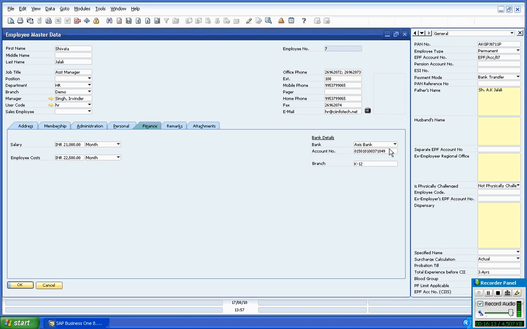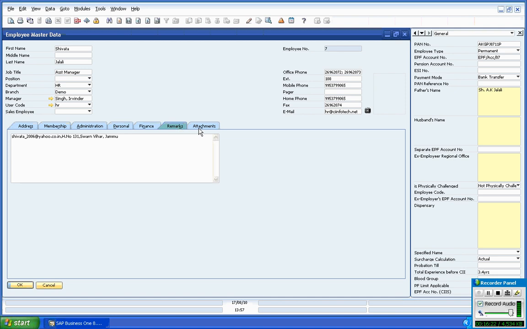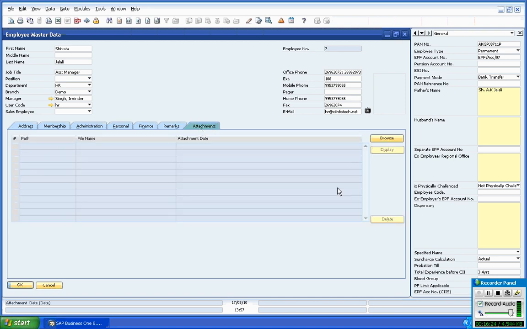The finances. Account number is required if this is a case of bank transfer. This will come on the slip. The remarks, whatever you want to give, as well as the standard specific fields. Certain things: PAN number, the employee type, EPF account number, pension account number, ESI account number, as applicable. For the stream, reference name,